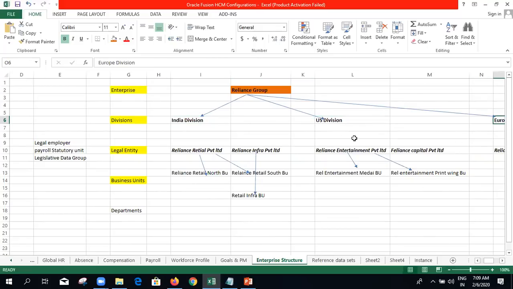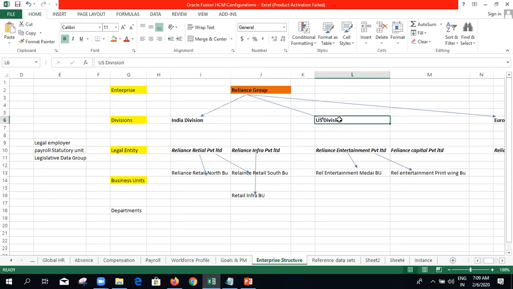One is India, US division, and Europe division, right? And legal entities in India, we are having two legal entities, that is Reliance Retail Private Limited and Reliance Infra Private Limited. Let's assume whether it exists or not, but as an example case, I have taken these names, right?